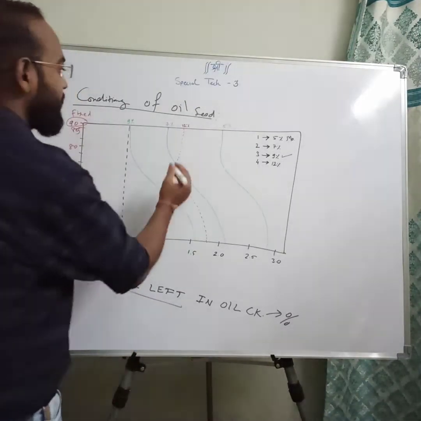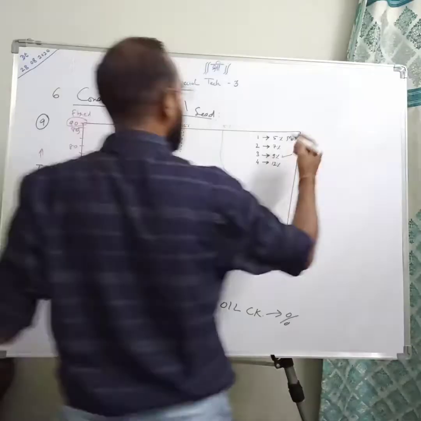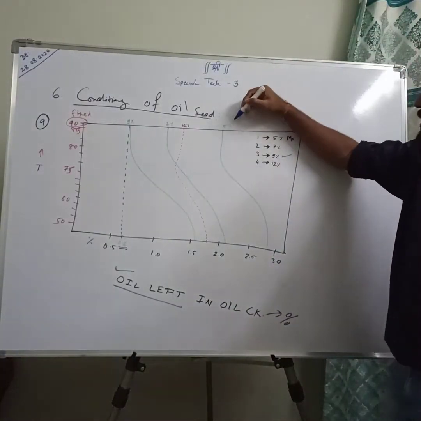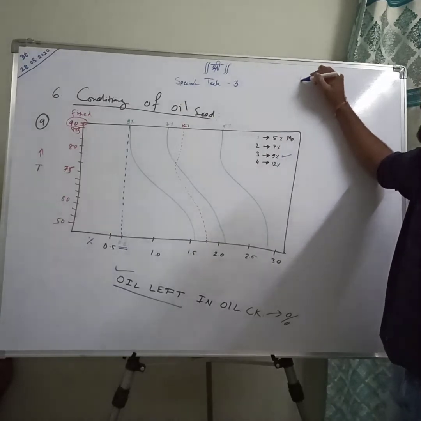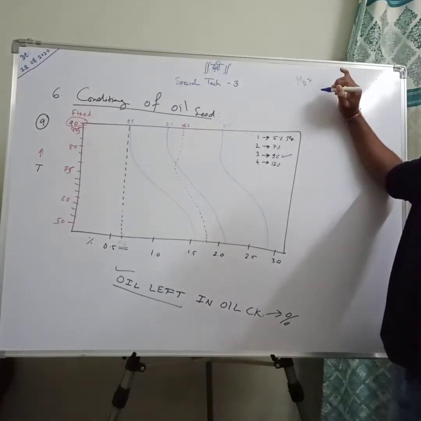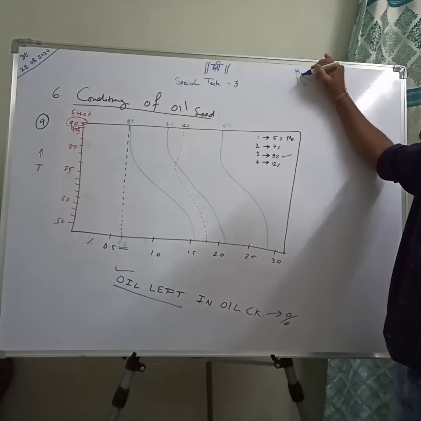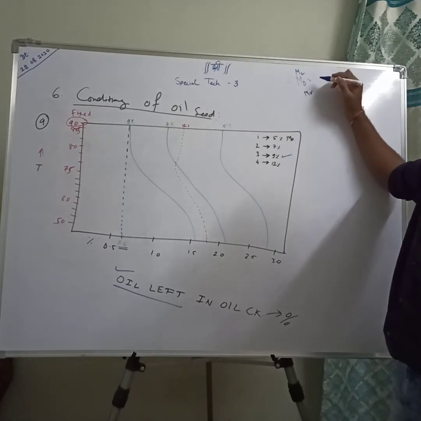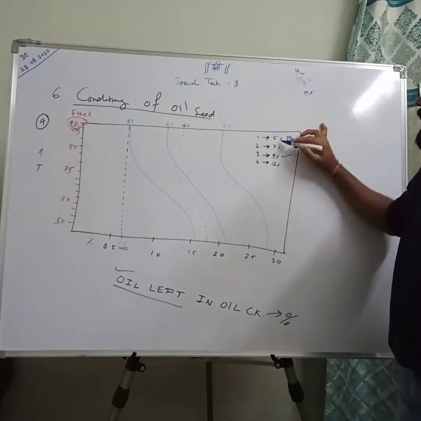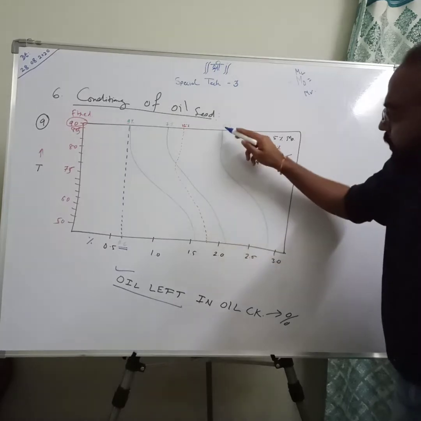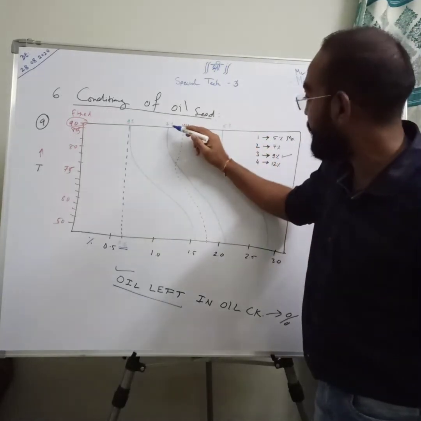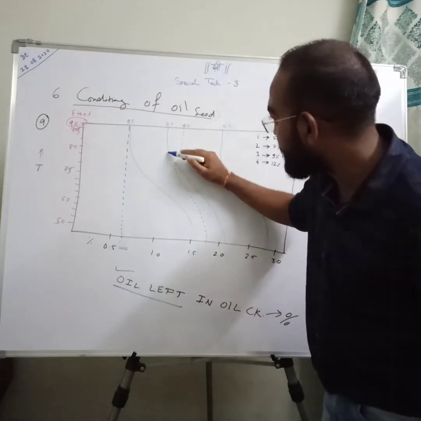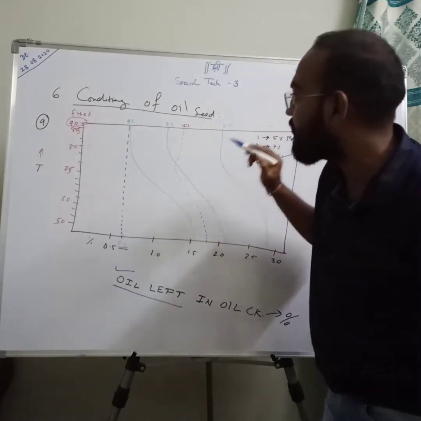From the different graphs, in the first one the moisture content is just 5%, that is very low, which I already explained. Why do we need the optimum amount of moisture content? When it is very low or very high. So when it is 5%, the oil content is more, roughly 2%. Then in the second curve, moisture is 7%, and the oil left is almost around 1%.